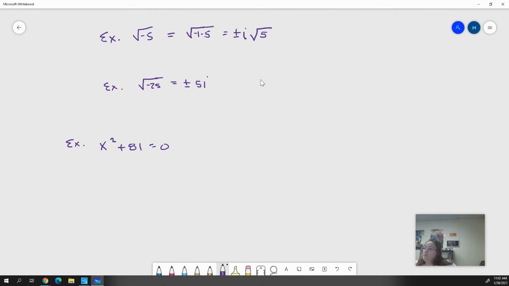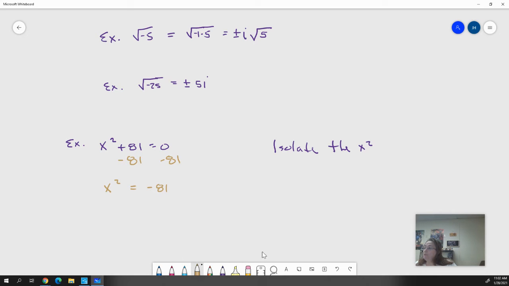And we're going to have to follow those same steps that we did the other day when we were solving square roots, where we would have to isolate the x squared, right? So that means we're going to solve for x squared. We want x squared to be the only thing on this side of the equal sign. And I'm going to start by undoing everything that's being done to it. Right? And the only thing we have being done to it is 81 being added to it. So we're just going to subtract 81 from both sides. And we're going to get x squared equals